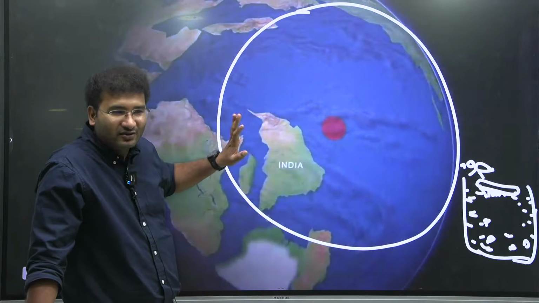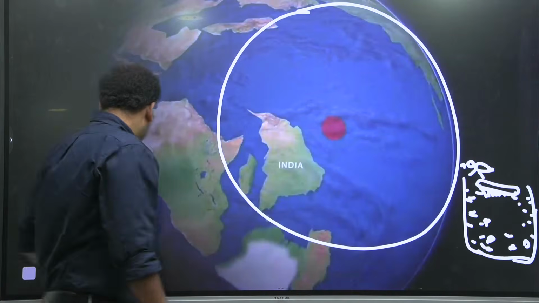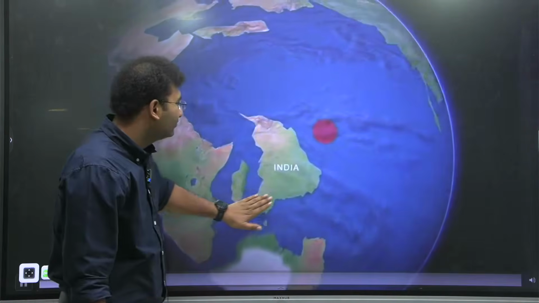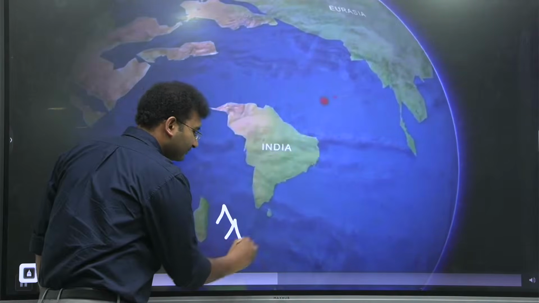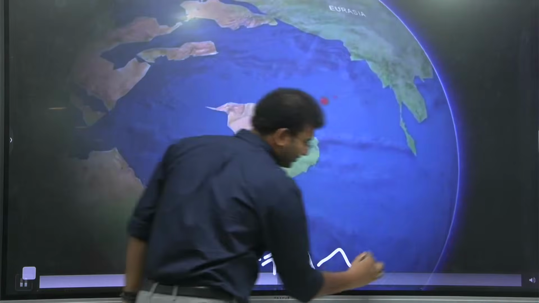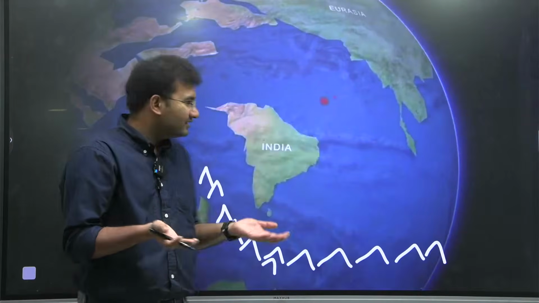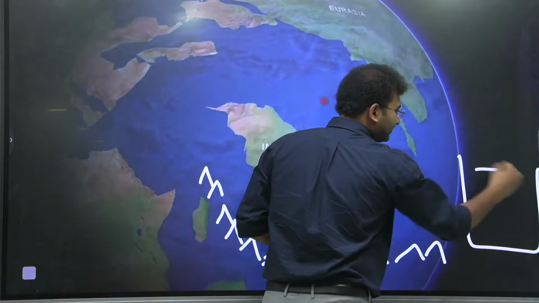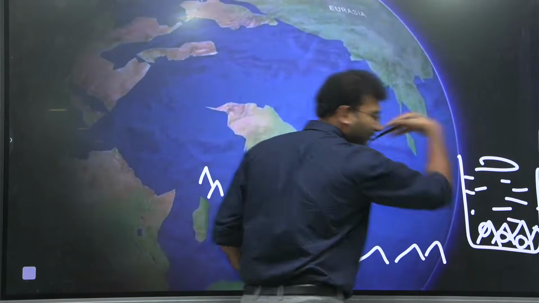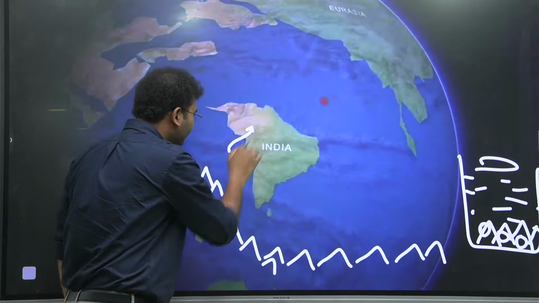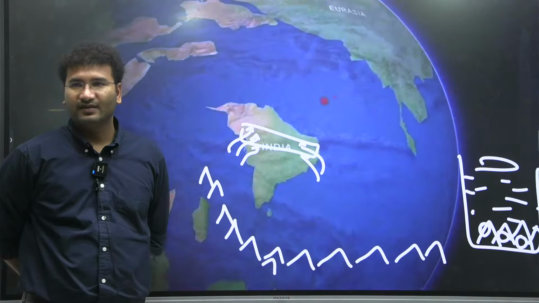Yes. So have you heard of middle oceanic ridges? Yes, sir. So look here, when India started to move, there are middle oceanic ridges that developed here. Middle oceanic ridges are nothing but mountains, right? It is the same as if this is India and this is water, and I'm adding stones or mountains to this, what happens to the water? So like this, water entered into this part of India, right?